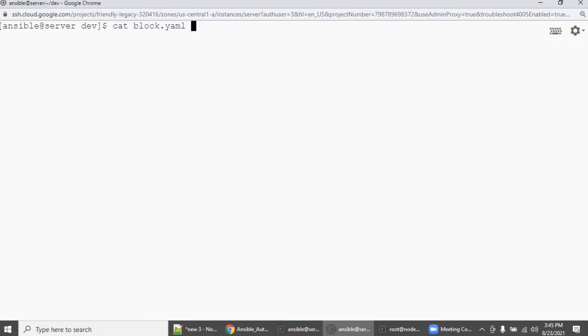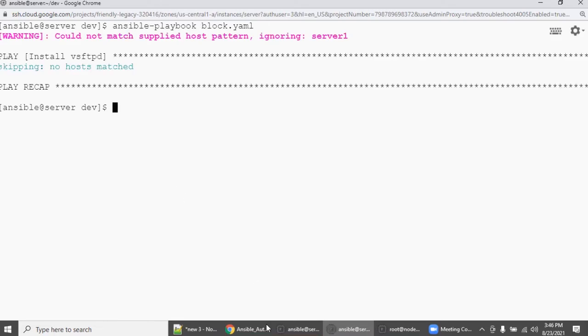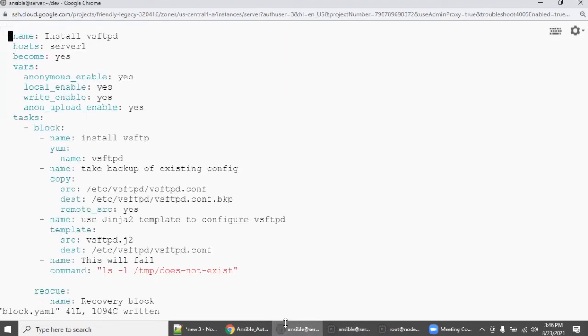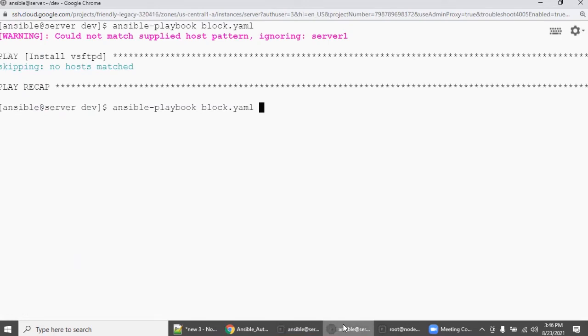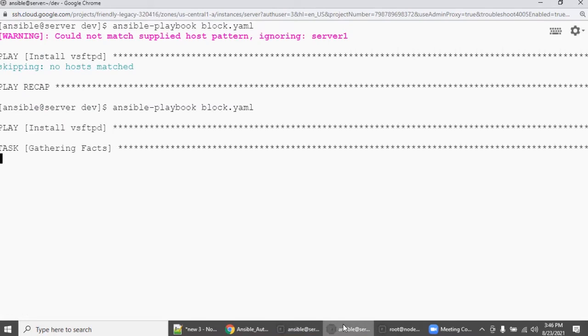Now we are going to execute this playbook. Let's see what happened. There is a server1 here; you need to change it a little according to your client name. My client name is node1. So change it and save it. Here you can execute this playbook.